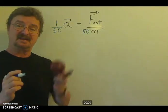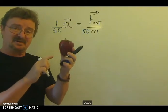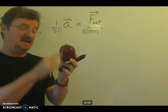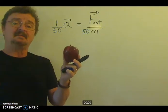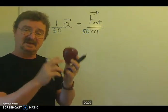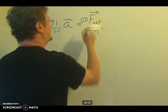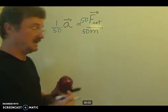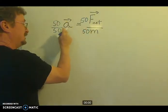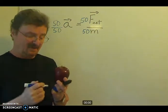But here's the thing. Gravity automatically compensates for this. In fact, I said the wrong word when I said the apple is 50 times heavier, because that's actually the force of gravity. It's 50 times more massive, but it's also 50 times heavier, because gravity compensates for the extra mass by making itself 50 times stronger. And 50 over 50 is 1. And when you multiply 1 by anything, it stays the same, right? And so that was the big